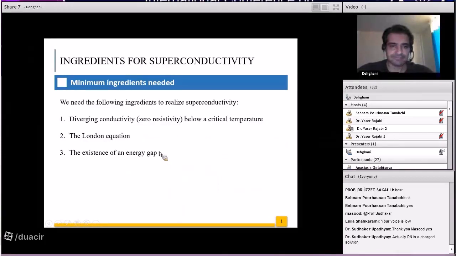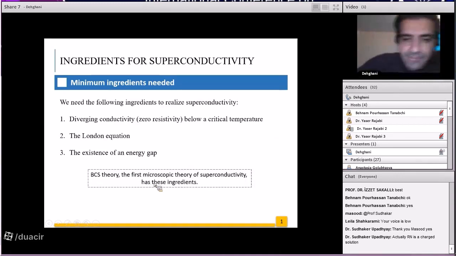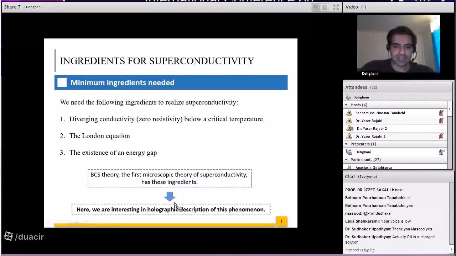Okay. And the third one is the existence of an energy gap, as will be explained in a moment in this talk. This theory, as the first microscopic theory of superconductivity, has these ingredients. But as it is obvious from the context of this conference, we are interested